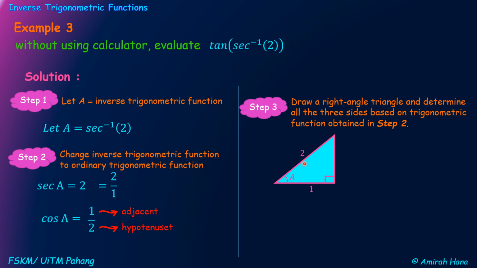After that, we can find the opposite side using Pythagoras theorem. Using Pythagoras theorem, we take the longest side, which is the square root of 2 squared minus 1 squared, and simplify. We get the square root of 3. So we can put it here. After we find all the 3 sides of the right angle triangle,